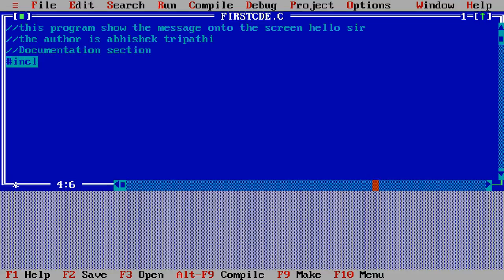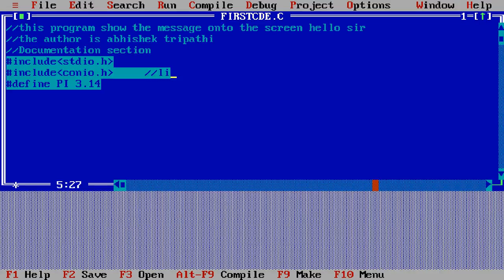So I write here simply #include <stdio.h> and #include <conio.h>, and then the next section is the definition section, and simply I write here #define PI 3.14. This section is called the link section,